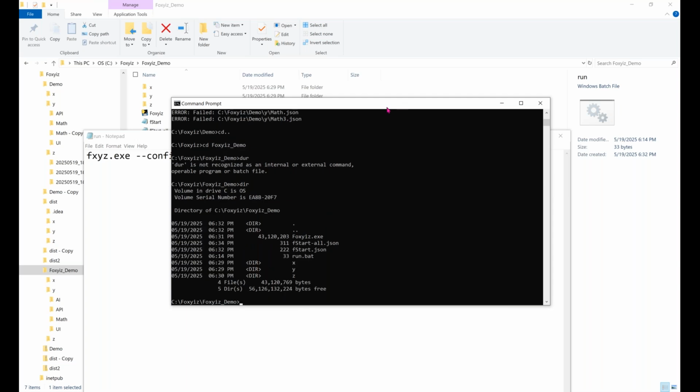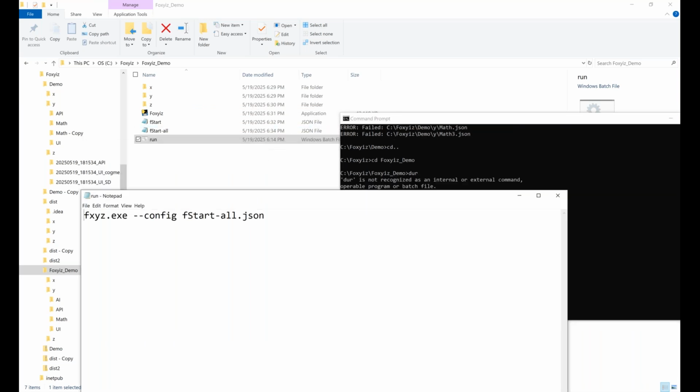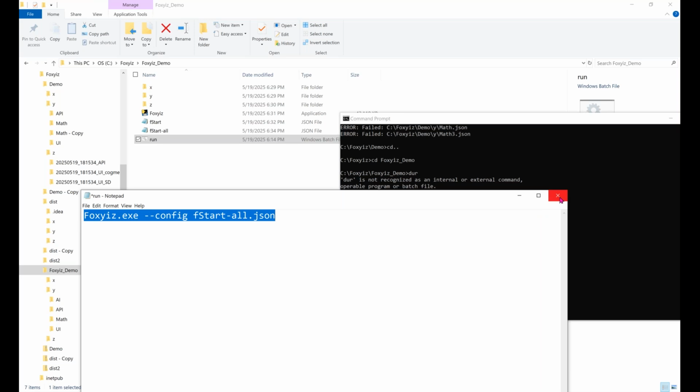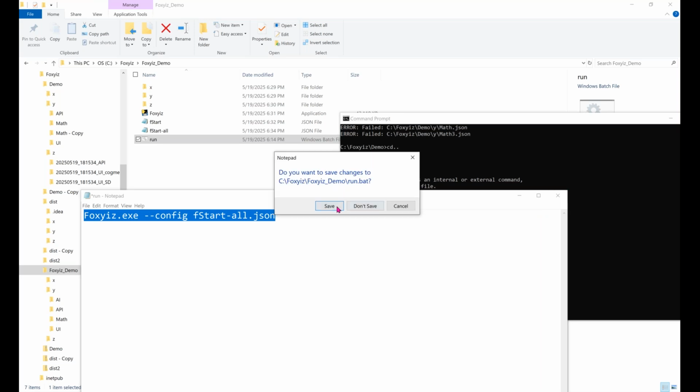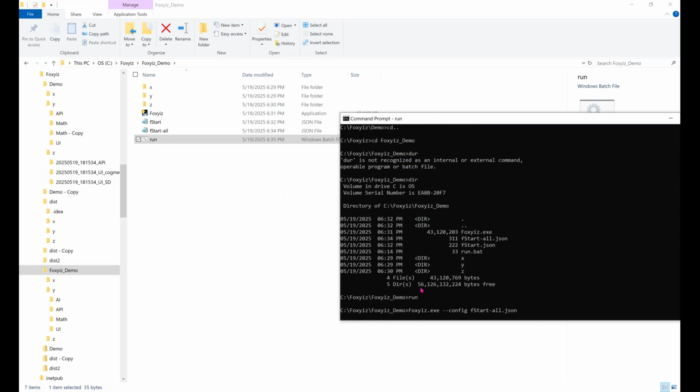And run.bat is saying foxyiz.exe, fstart hyphen all.json. It's not foxyiz.exe, it is foxyiz.exe. So that's a change in my run. So I can basically just say run out here and it'll copy the same file text from the batch and execute it. So at this point, my Z